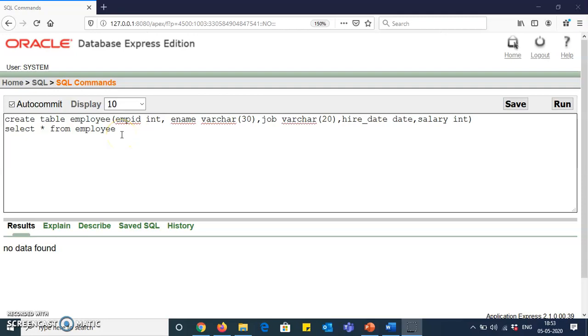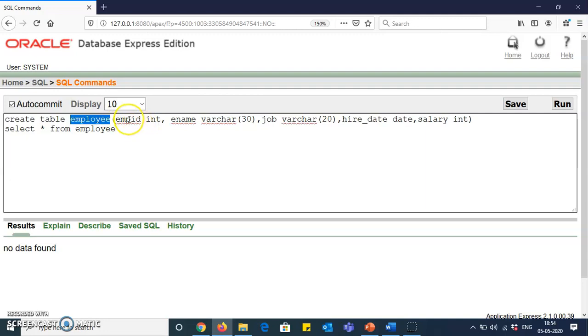In the previous video, I have completed a few sections of DML statements in DBMS and I am continuing here with the same. Last time I executed the create table statement and select statement. The create table statement helps me to create a table. So here I have created a table named employee.